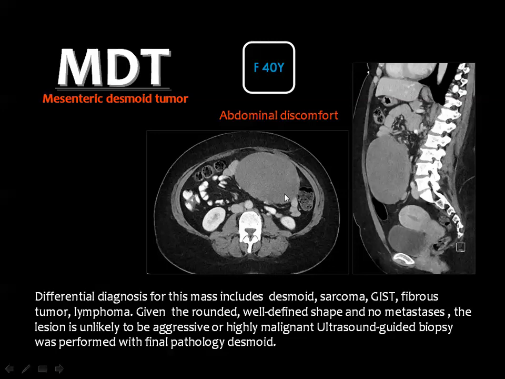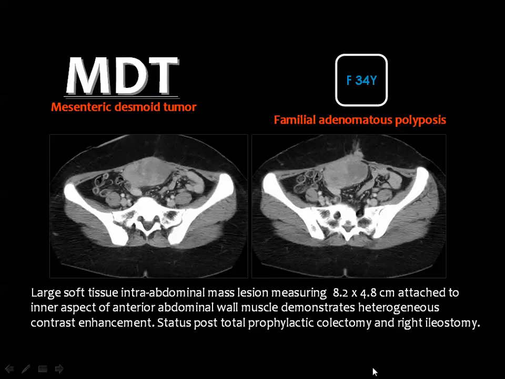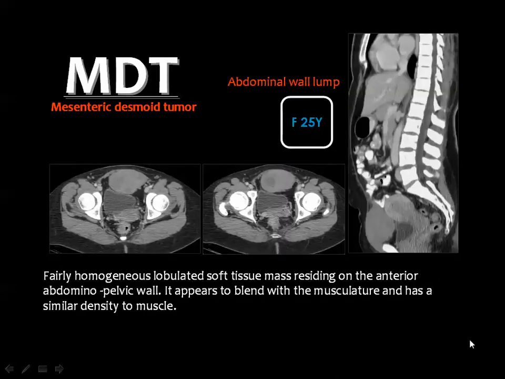And this is another example in a female patient, 40 years old, with a big solid mass in the peritoneal cavity diagnosed as mesenteric desmoid. And this is a mesenteric desmoid tumor, which is intimately related to the anterior abdominal wall, showing heterogeneous post-contrast enhancement. And you know that in patients with familial polyposis this tumor is part of the Gardner syndrome, as you all know. And this is also another example of a mesenteric desmoid tumor intimately related to the inner aspect of the